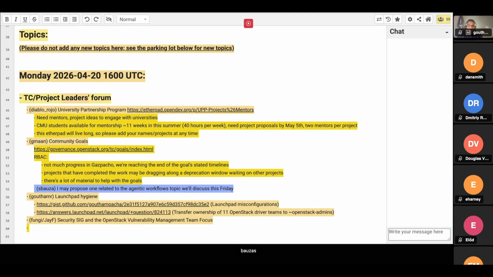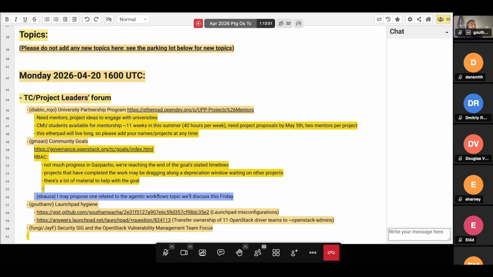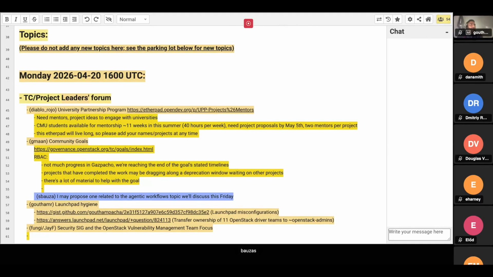That is what I felt in this cycle, but there are still a few things to do. That's why at least in 2026.2, this cycle, I'll try to continue this goal and also be the champion for it.